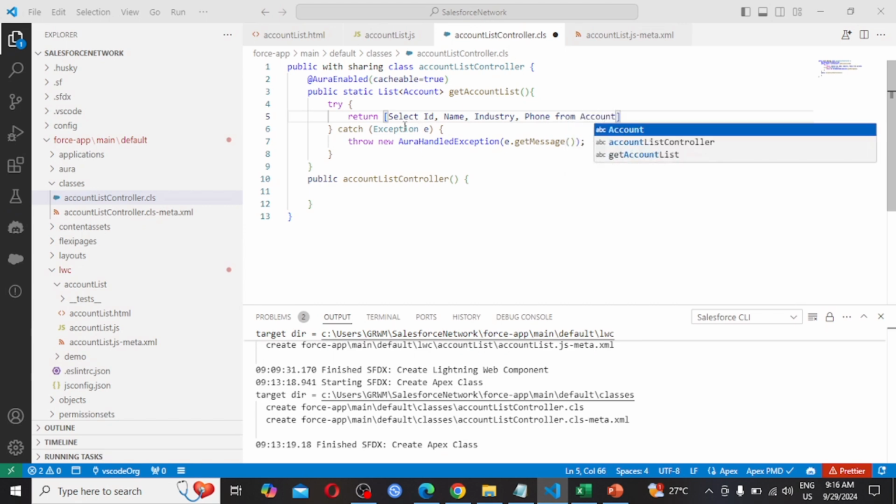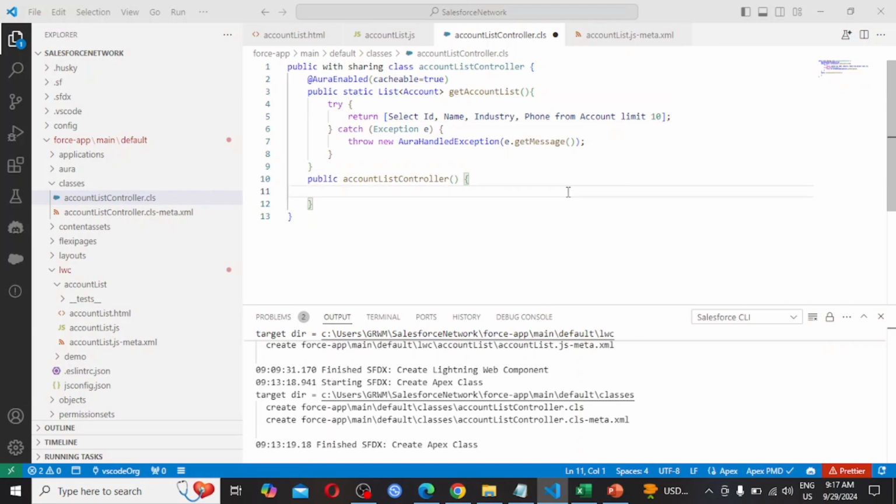I am selecting the field names: SELECT Id, Name, Industry, Phone FROM Account, and here I am limiting it by 10 records. Finally putting the semicolon. So it's done.